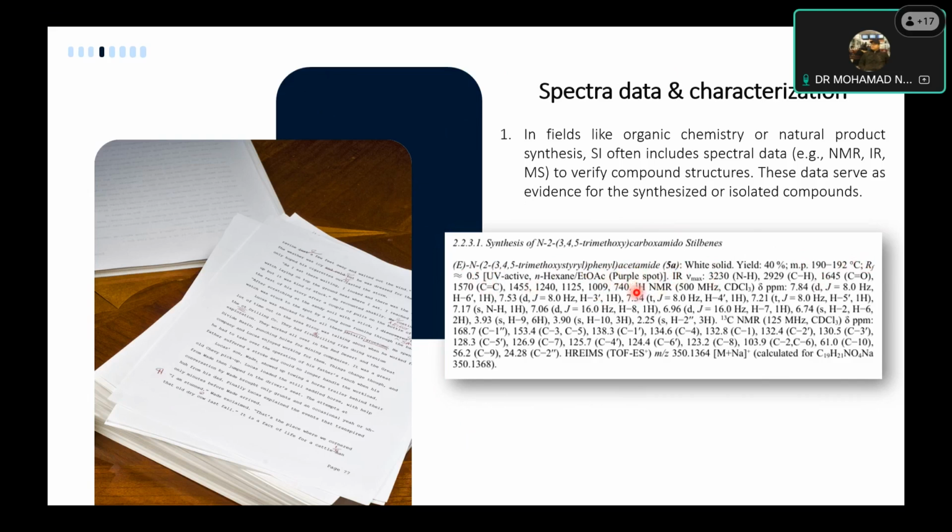Okay, and after that, followed by NMR. Please mention the value of the magnet power. In this case, what we have in our faculty is 500 megahertz. Mention also the types of solvent that you use, etc. Every single piece of information is very important.